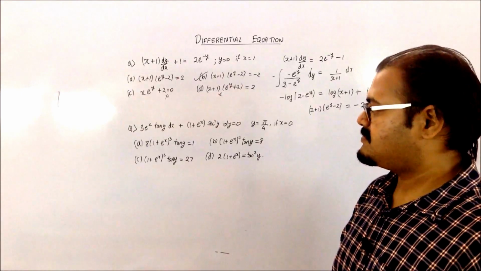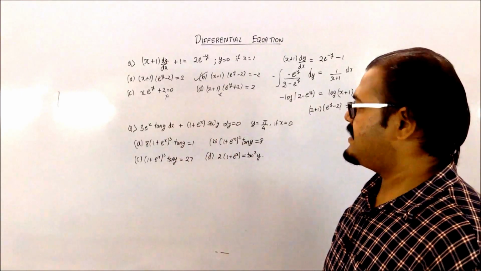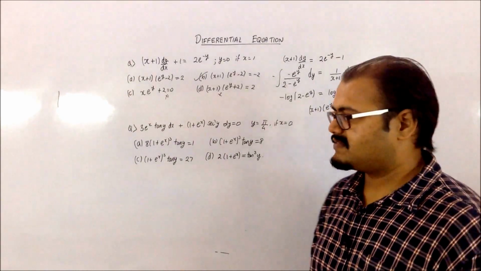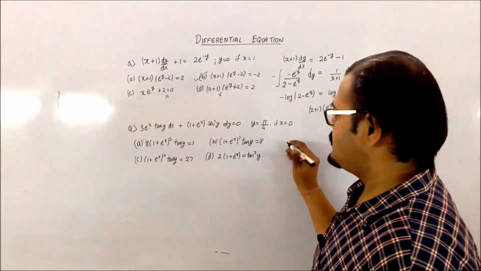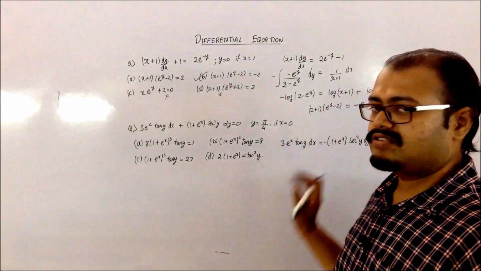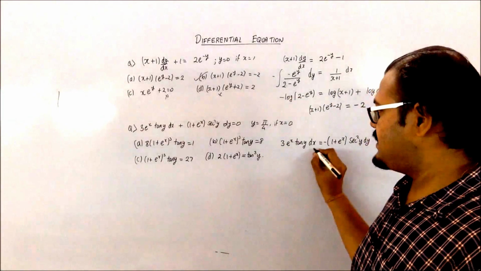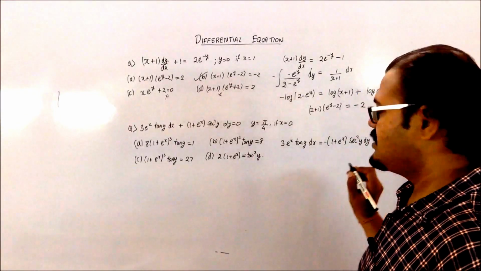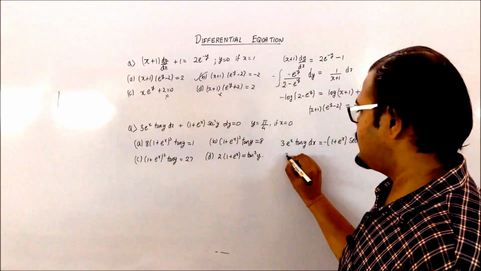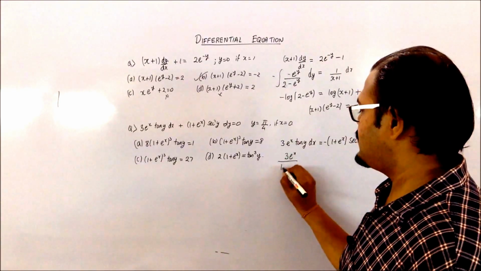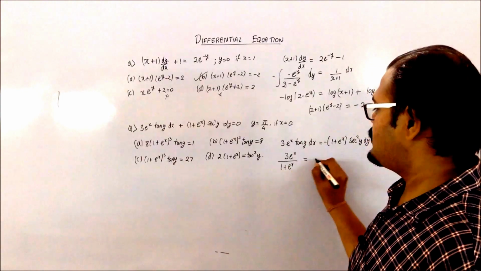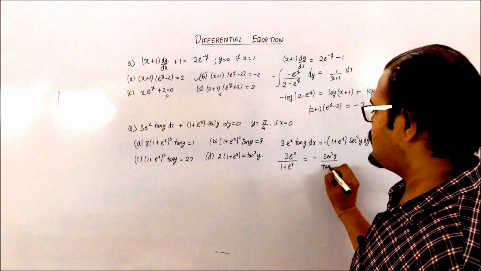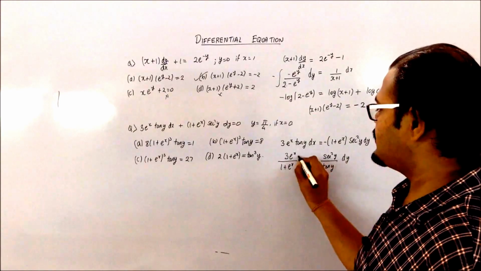Coming to the next problem. So you are having this particular equation, again you have been given the values, and you have to find the particular solution of this. So if you just rewrite the equation, you have got this equation. Wherever dx is present, you will bring all the x terms, and wherever dy is present, you will bring the y terms together. So you will have 3 e raised to x into 1 plus e raised to x equals minus sec square y divided by tan y dy, and this is dx.